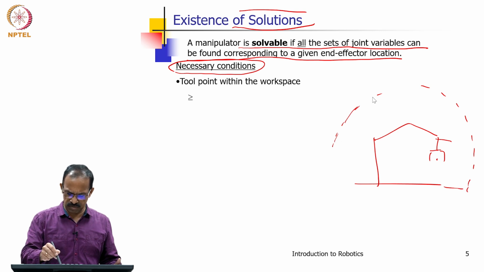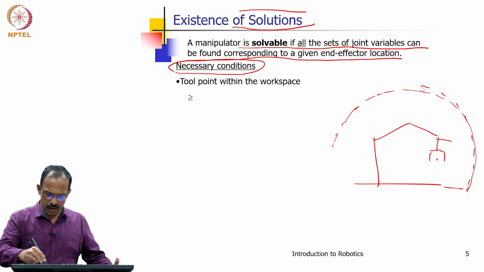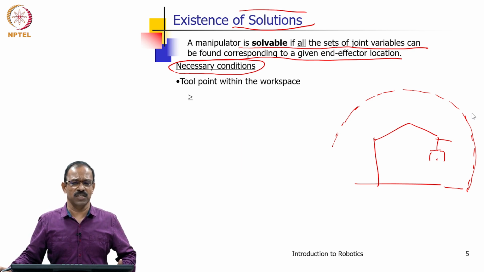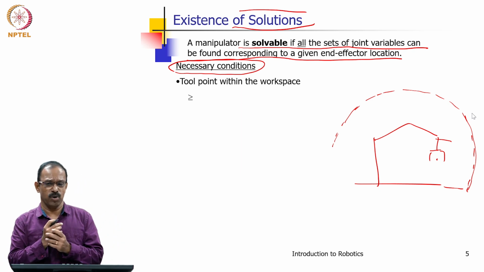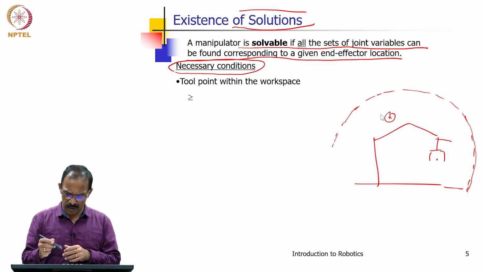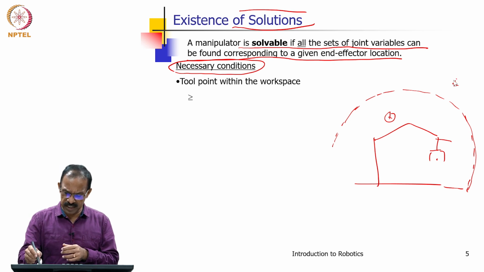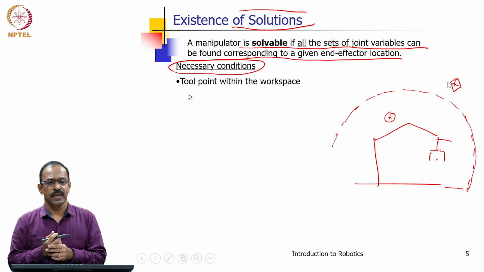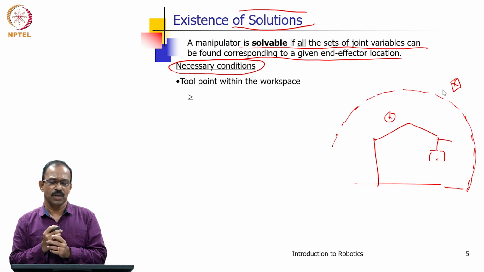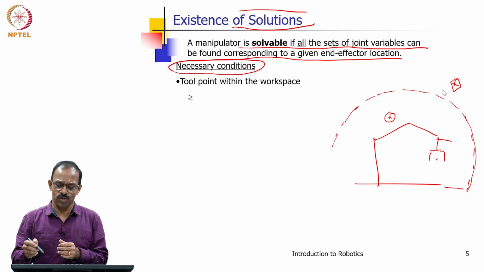Okay, I am just roughly mentioning, this is the workspace that the robot is in. Now, as a programmer I may not know what workspace it can reach, or all the points. Suppose I give a position here, maybe it may be possible to solve, but if I say I want to reach this position, then it is definitely not possible, because it is beyond the workspace of the manipulator. So, the necessary condition to have a solution is that it should be within the workspace.